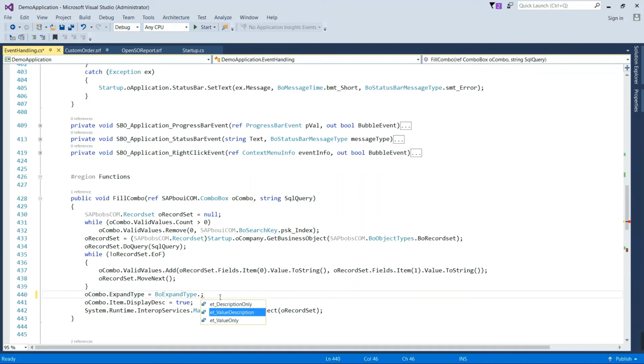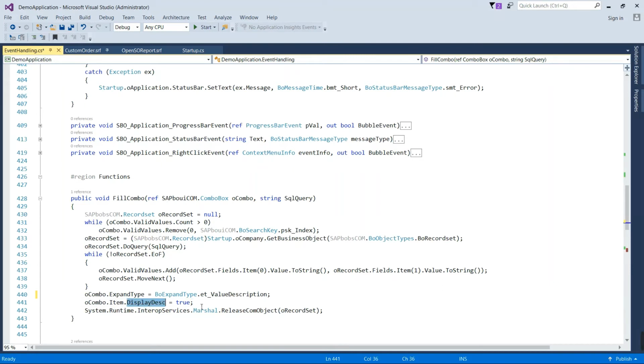So I am taking value plus description. When I click on the combo box, value plus description will show. And this property, ComboBox.Item.DisplayDescription, is for setting the description only to the field after selection of value from the list.